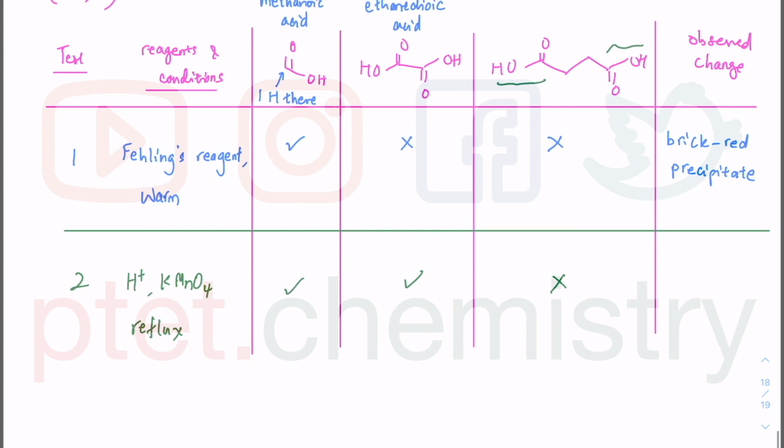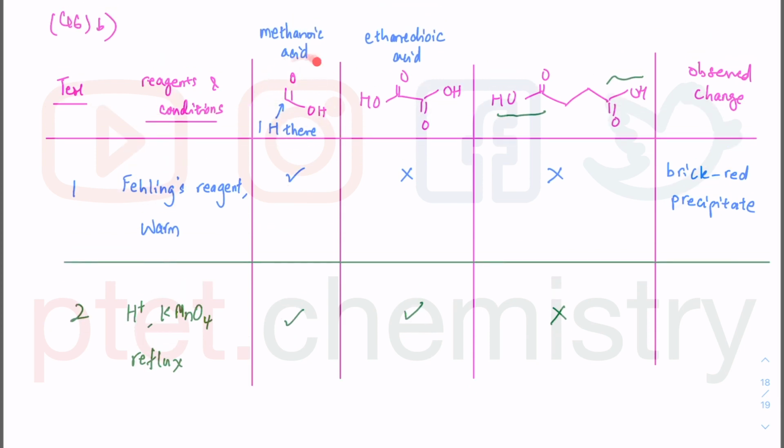Okay, so what happens is the methanoic acid can be oxidized completely to give you CO2 and H2O. So what you will get is you don't see the H2O and CO2. Instead, you see the purple KMnO4